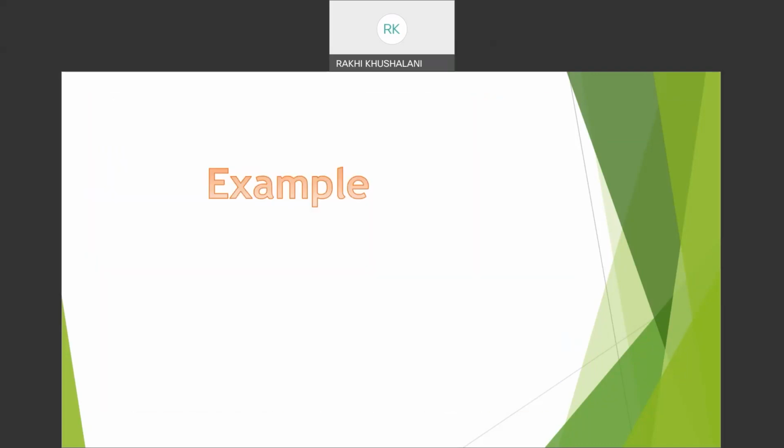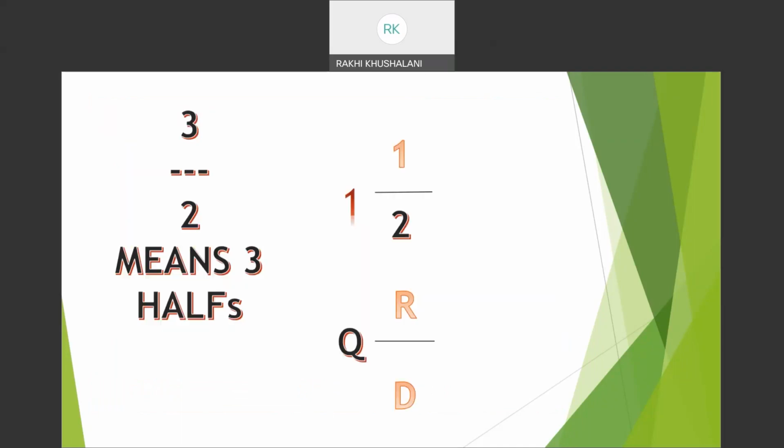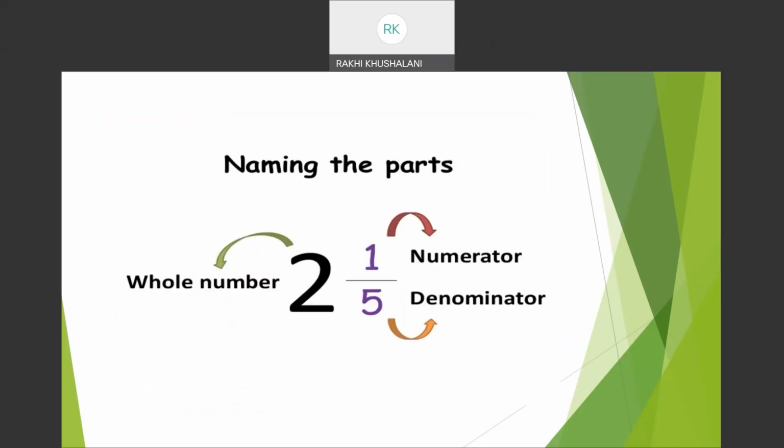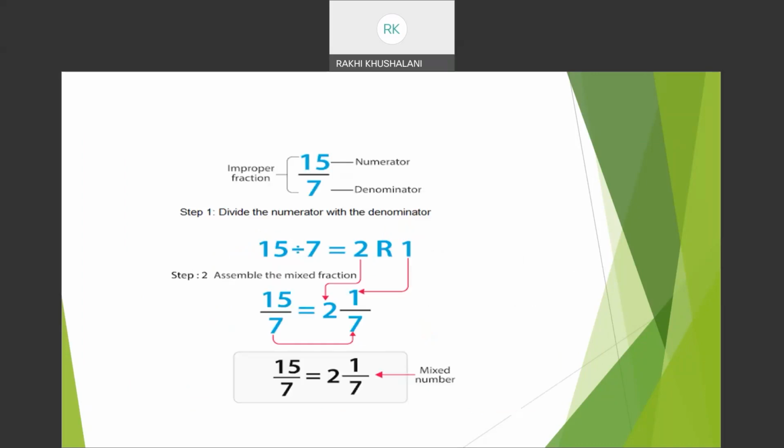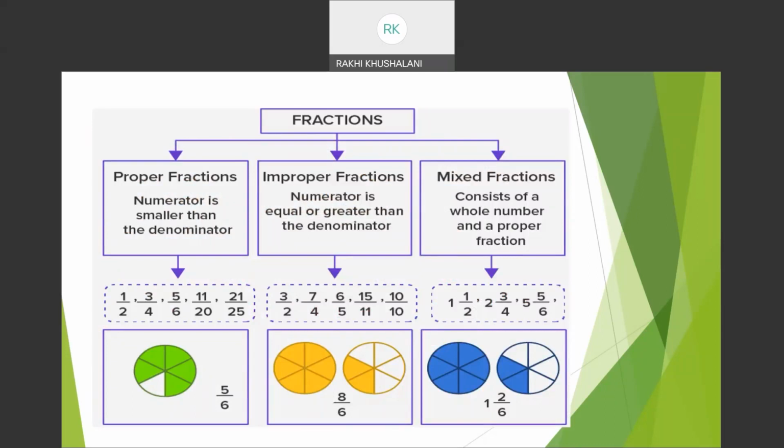Fraction conversion: how an improper fraction is converted to a mixed fraction. We saw the process, and tomorrow's activity will help you a little more. I will also teach you the reverse, how a mixed fraction can be denoted as an improper fraction. That is very simple. Maybe in the next video we'll do the fraction of a group, a set of groups, and also the conversion. And this is how we saw a few examples of the 3 different types of fractions.